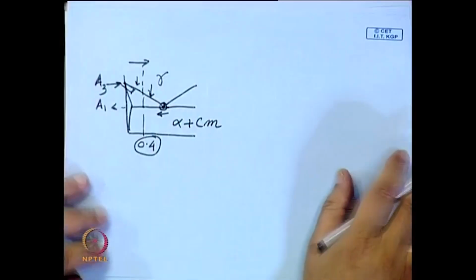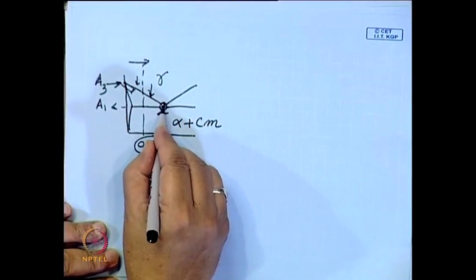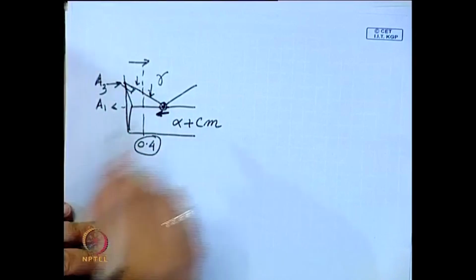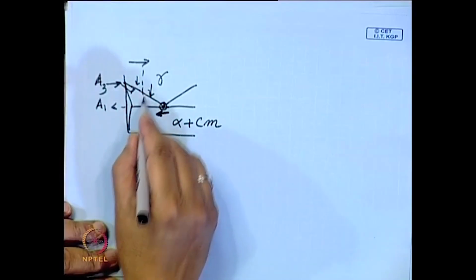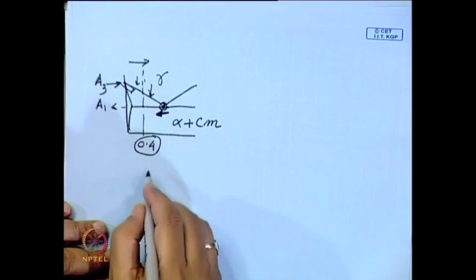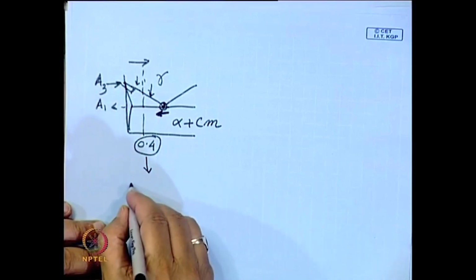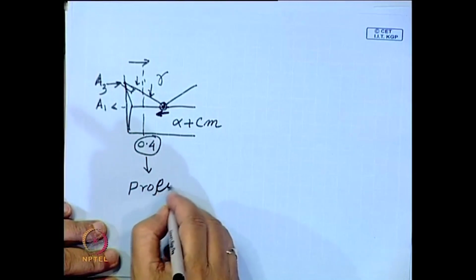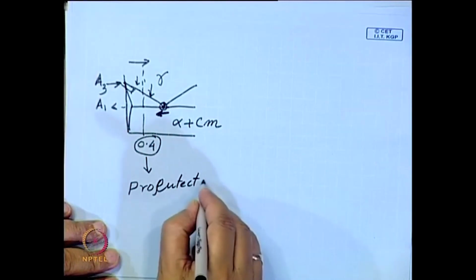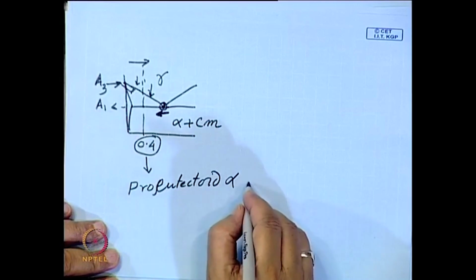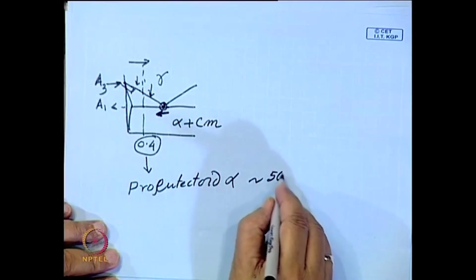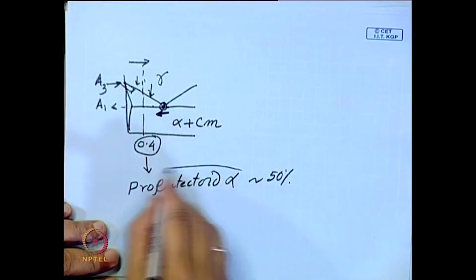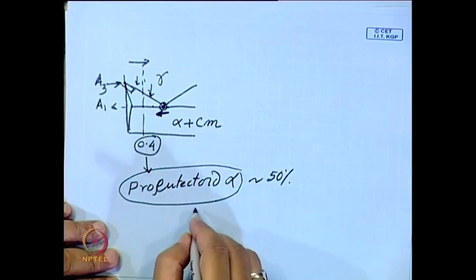If you look at this sheet here, this eutectoid point shifts like this, so if you have this 0.5 carbon, the pro-eutectoid ferrite amount is around 50%, but if it moves here, the amount of pro-eutectoid ferrite will decrease,